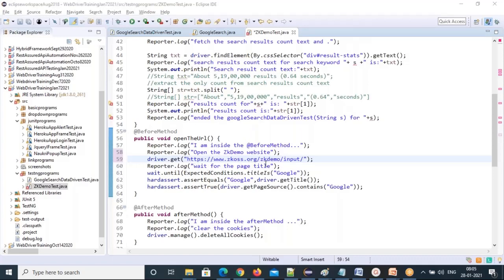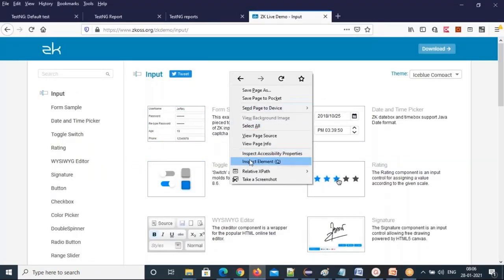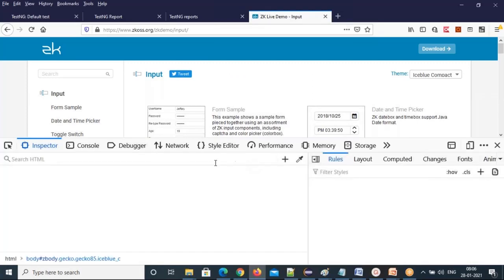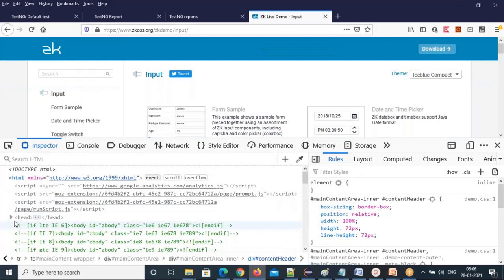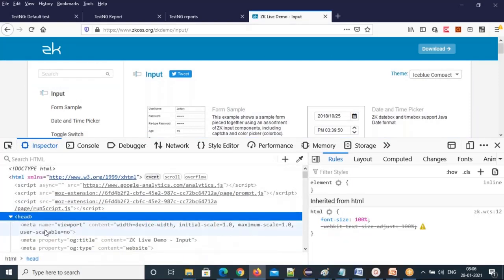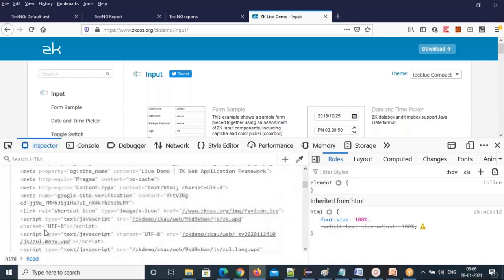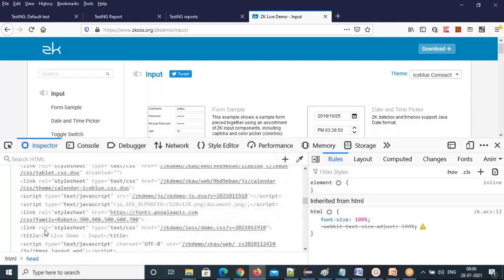So wait for the page title, that is, get the page title. How can you get the page title? Just go here and right click, inspect element. Look for the head tag, and inside it look for the title tag.